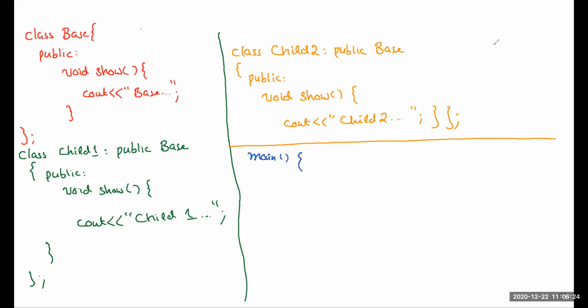Okay, so if I visually show you through a class diagram, this is your base class, and then you have child 1 and child 2. Both of these are child classes, and the base class is the parent class. I show inheritance by an arrow pointing from child to base, right? The base class has a show function, and both the child classes are overriding this function. Child class 1 has overridden the show function, and child class 2 has also overridden the show function. The only new thing in this example is that instead of having one child class, we now have two